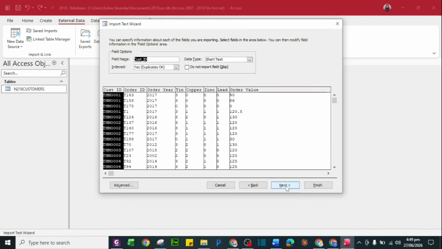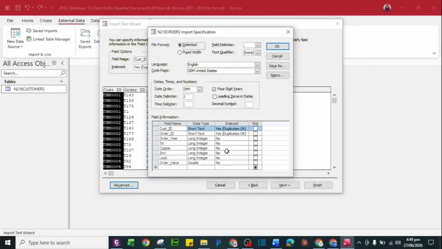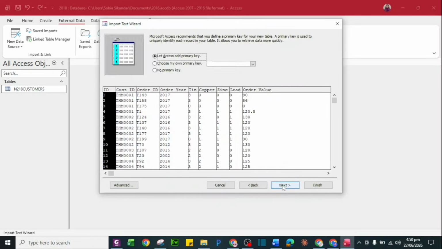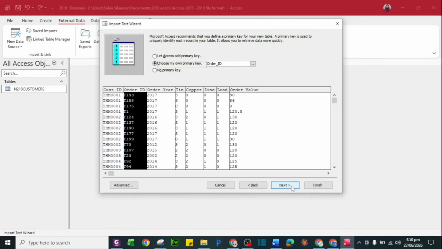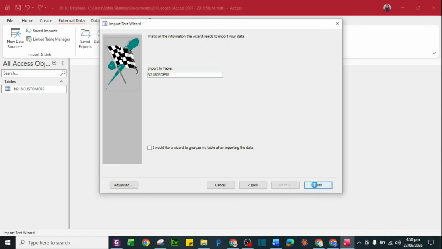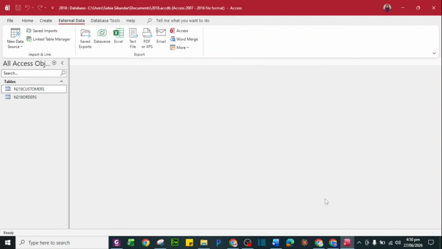First row should contain the field names. And now we are checking the data types. The order value should be currency. Change it into currency and then OK. Next, the primary key must be order ID. Next and finish. Both the tables are there.